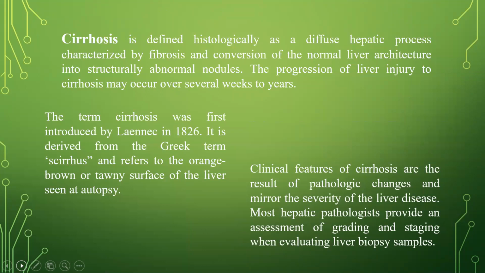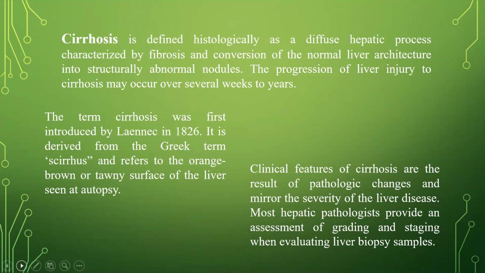Cirrhosis is defined histologically as a diffuse hepatic process characterized by fibrosis and conversion of the normal liver architecture into structurally abnormal nodules. The progression of liver injury to cirrhosis may occur over several weeks to years. The term cirrhosis was first introduced by Laennec in 1826. It's derived from the Greek term cirrhos and refers to the orange-brown or tawny surface of the liver seen at